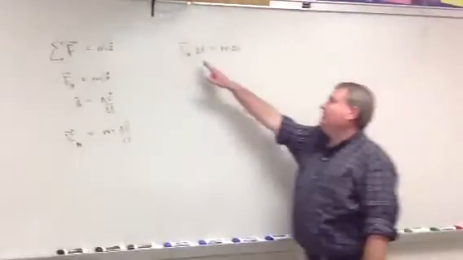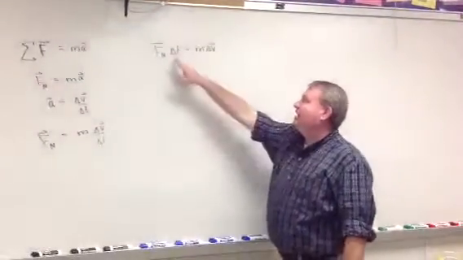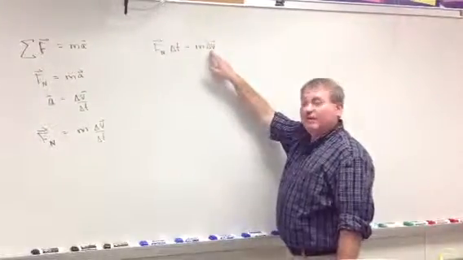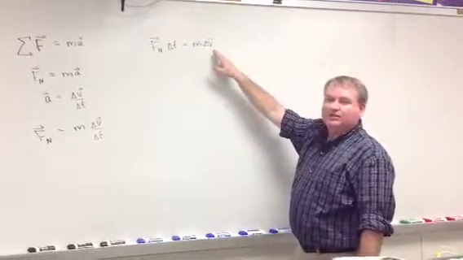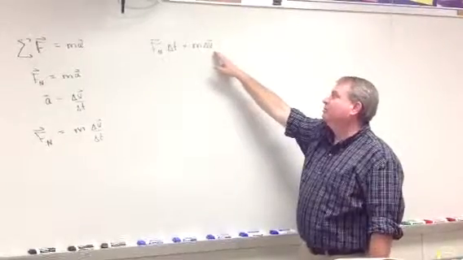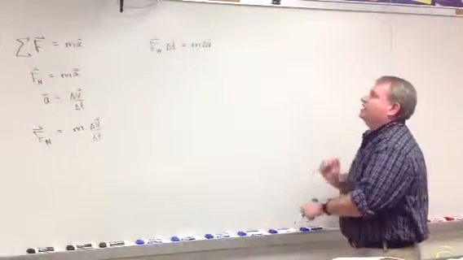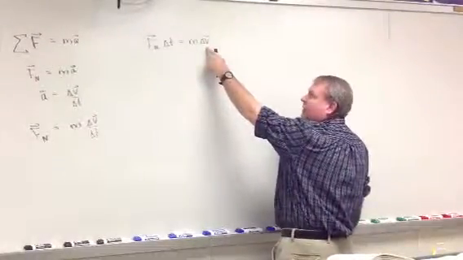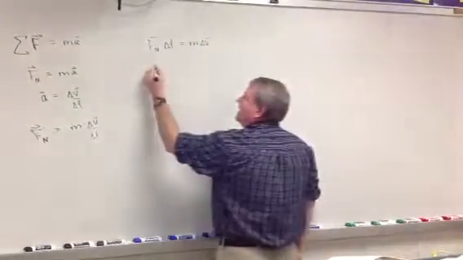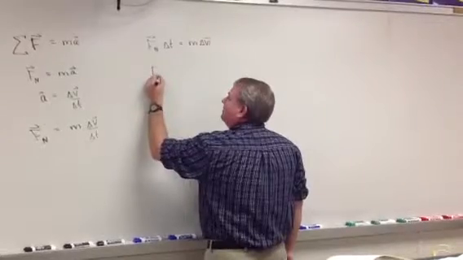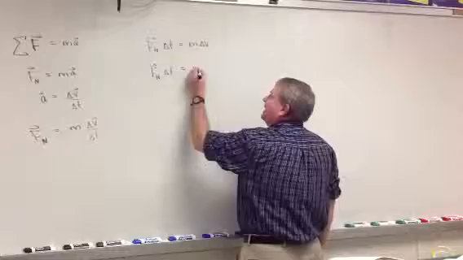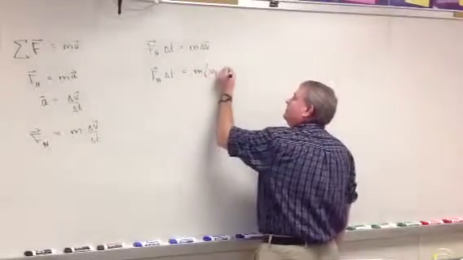Now we call this the impulse momentum theory. F delta t is impulse, m delta v is momentum. Mass times velocity is defined as momentum for an object. And let's break this down and change the change in velocity to Vf minus Vi and make more substitutions. So F sub n delta t is equal to mass times Vf minus Vi,